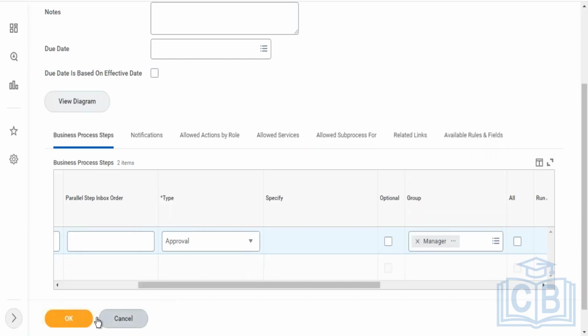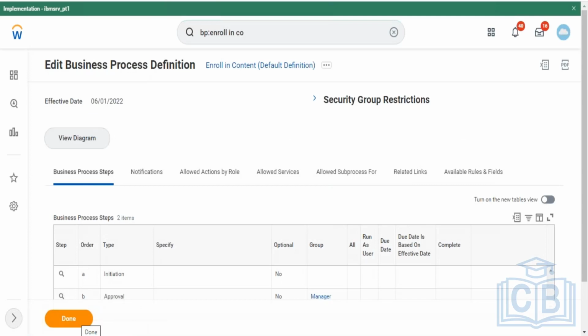Okay. So now if you click on OK, what will happen? Tell me. There is no specific condition that we've written here. So whenever there is an enrollment, it has to go for manager approval. For all the enrollments, it will be sending an approval because we have not defined any condition on cost associated. Now